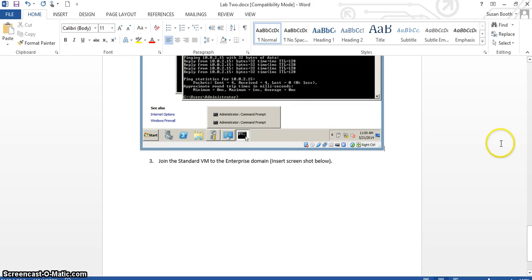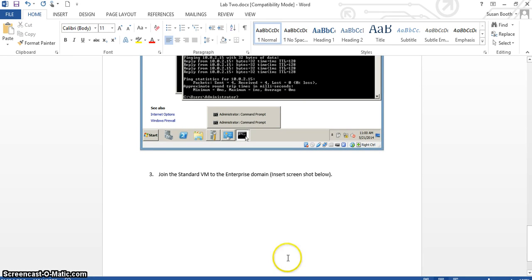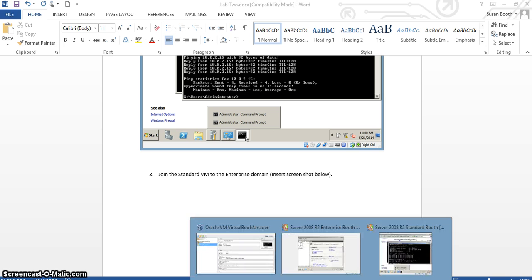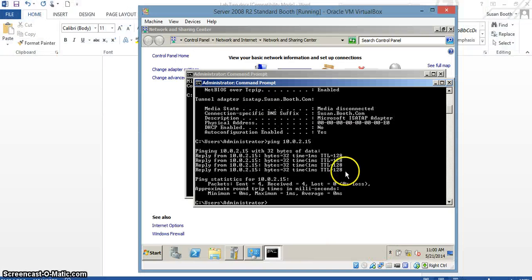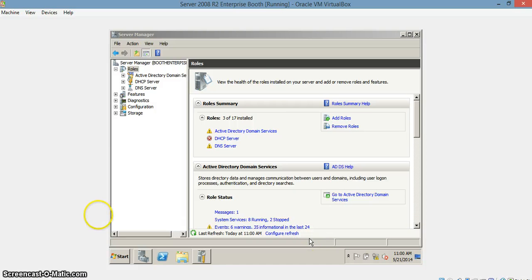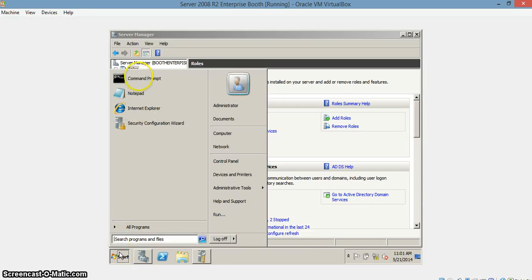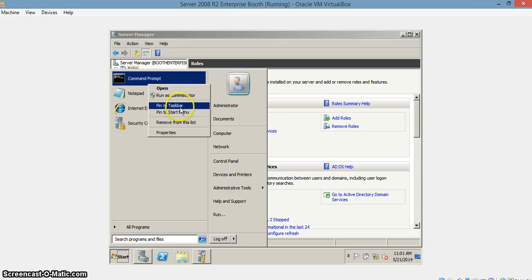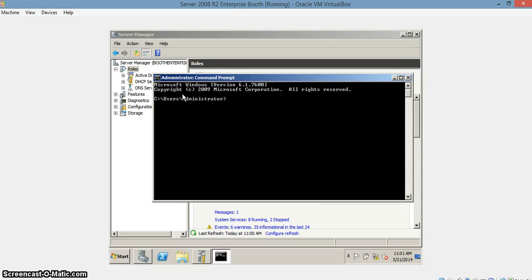Let's check to make sure we can also ping this machine. So we know we're pinging the server. Let's see if we can also ping our client. And it looks like we're not gonna be able to ping